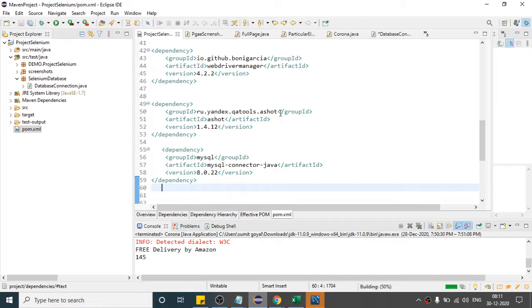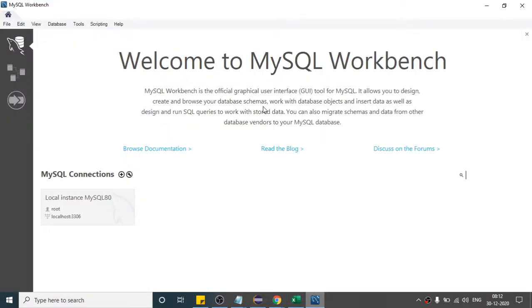So it is pasted and it will get all the jar files. So now here, it has opened, right? So this is the first look when you will get. So here you have to click on this.